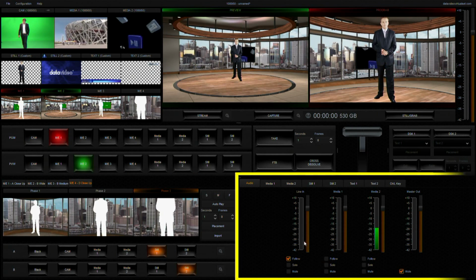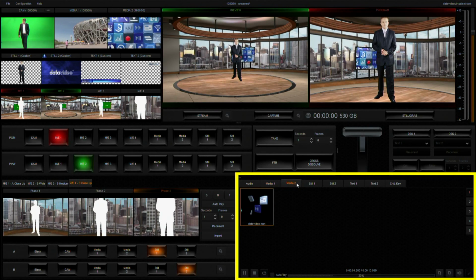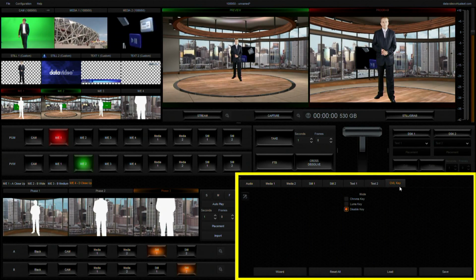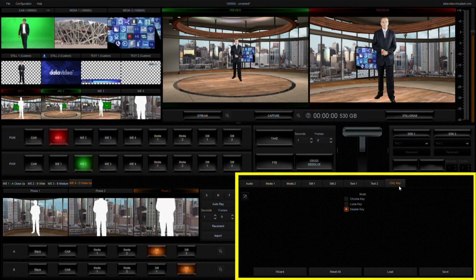The third section in the bottom right hand corner is called Media Library Management, where users can define the materials for Media 1 and 2, Still 1 and 2, and Text 1 and 2. We can also configure audio mixer and chroma key settings in this section. Please note that the chroma key settings only apply to the camera source and not to the rest of the